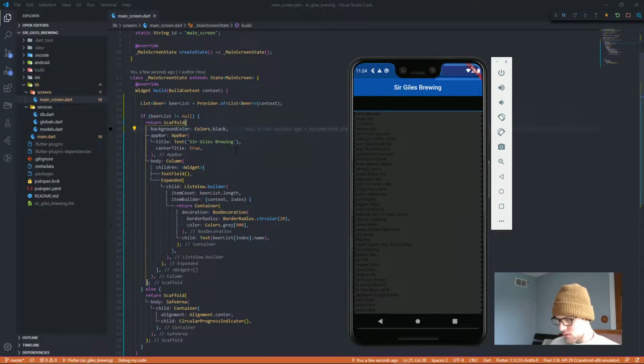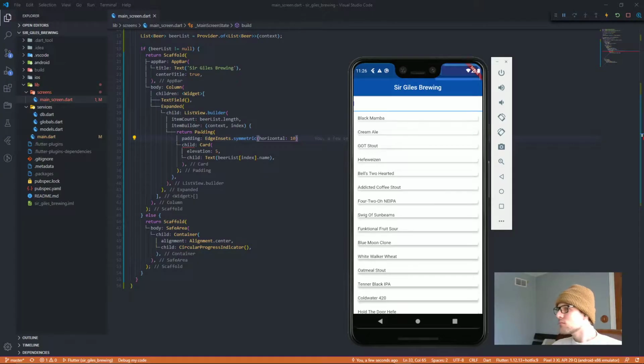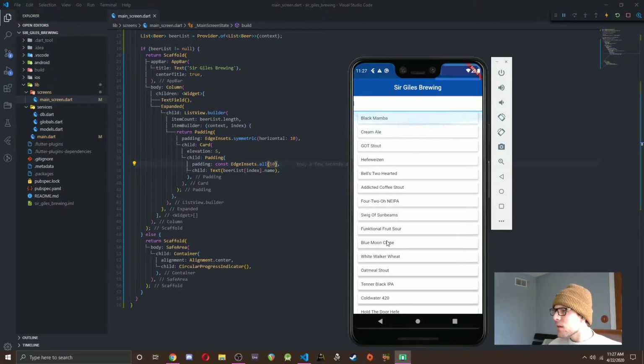I don't know what I was up to. I want every beer to have its own card on the screen. I'm big on cards. I think they look real nice in the app. Yeah, these cards look bad, but we're off to a good start. Let's give each card a little bit more space. Okay, yeah. Looking good. These cards can have a lot more information on them.